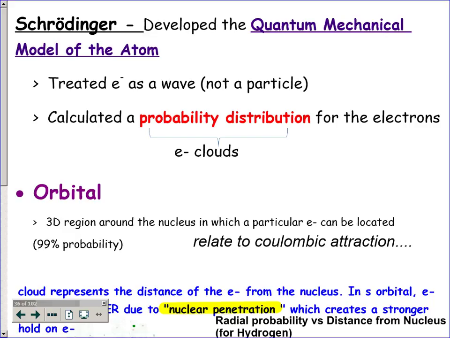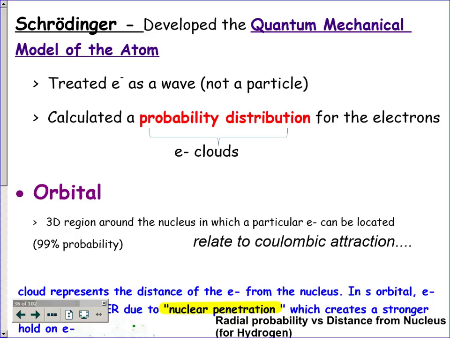Okay, so Schrodinger and his friends helped develop the quantum mechanical model. I'm essentially going to describe to you the big ideas about the quantum mechanical model, and then what quantum numbers are, so we have a general idea of why we're describing things with s, p, d, and f. And then what we consider the Pauli exclusion principle to really mean, so that it helps us understand something a little bit later this week. He basically said that electrons can act as a wave and a particle,